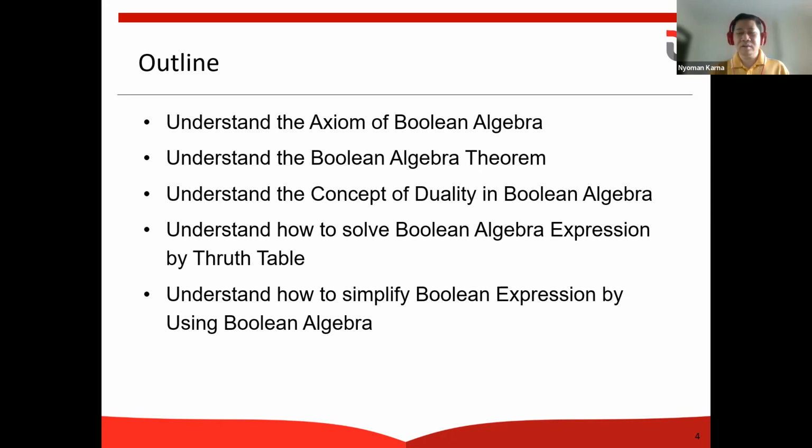Okay, so in here we have several terminologies. First one is Boolean algebra. Boolean is just like true, false, or 1, 0. And then we also have the axiom and also the theorem. And then the concept of duality. And in here we also have a new terminology. We call it Boolean algebra expression. But basically it's just a logic function.